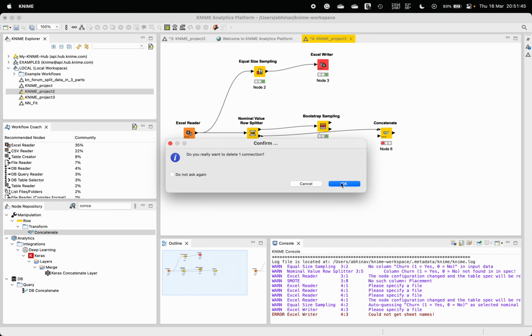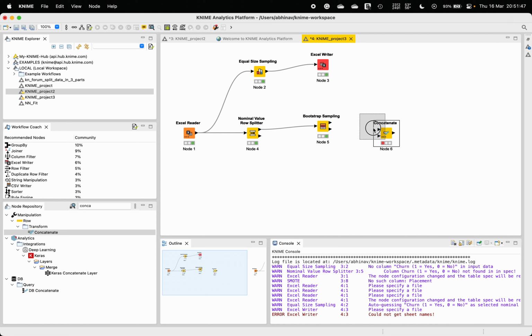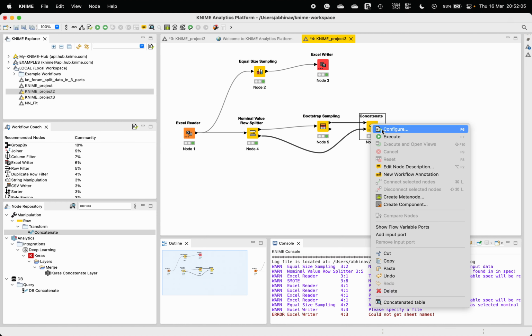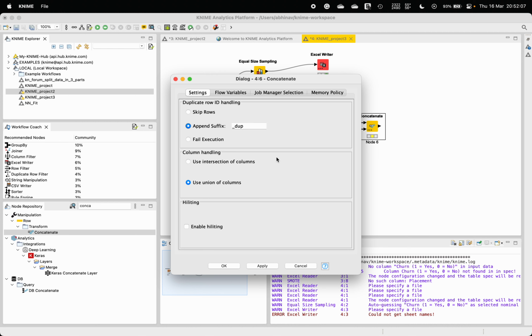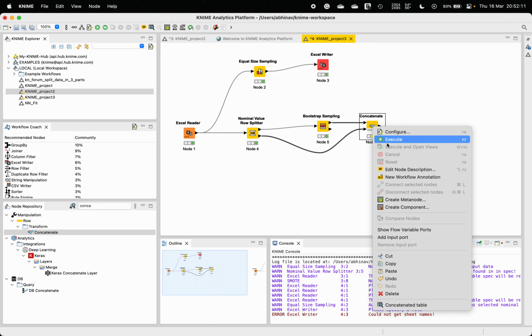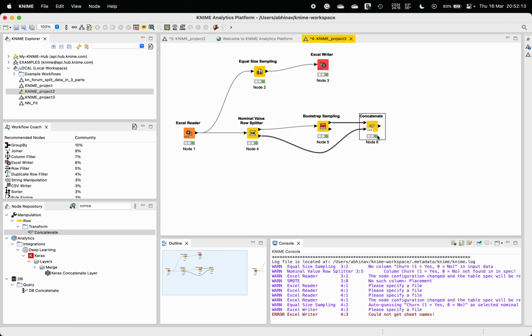I have imported the concatenate node, so I'm going to connect the Bootstrap sample which is in the top node, which is now the oversampled minority class, and from the bottom I'm going to make a connection to concatenate the already existing majority class. Then click on configure, make sure these options are selected, whatever is there by default, and click on execute. This green icon indicates that the node has been successfully